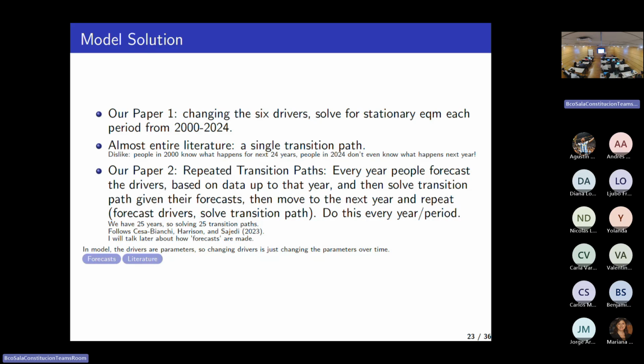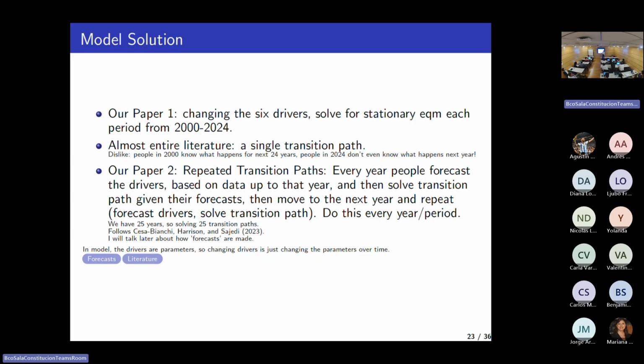And I really didn't like that as a solution. To be clear, I'm not against single transition paths if you're doing a hypothetical counterfactual or what's happening in the future. But here with a historical decomposition, we didn't like it. We didn't really want to do it. So what we end up doing, we found there's one paper, Cesa-Bianchi, Harrison, and Sestieri, and they do a